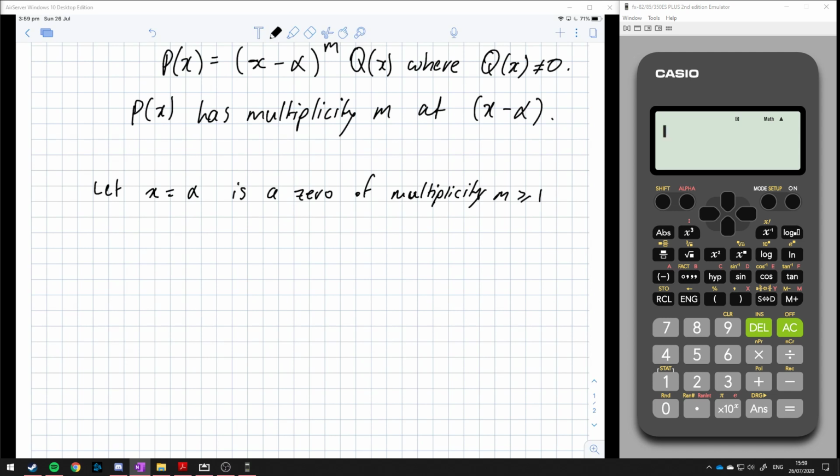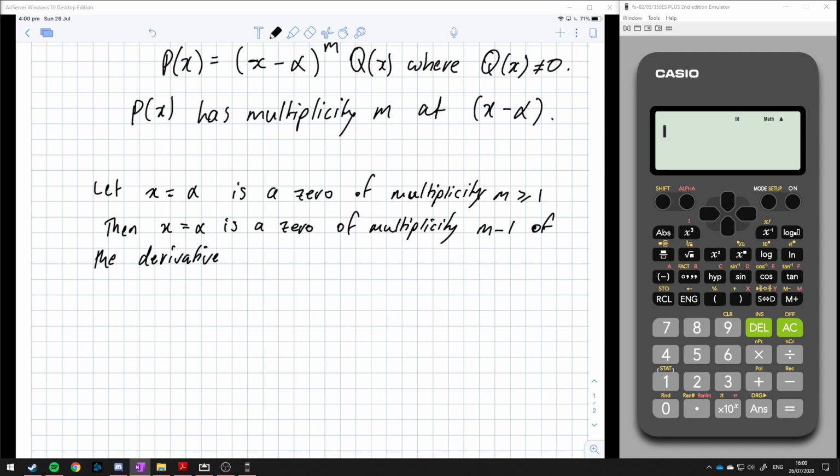Basically we're saying it has a multiplicity that's bigger than 1, like two zeros that share the same value, or 4 zeros or something like that. Then we can say that x equals alpha is a zero of multiplicity m minus 1 of the derivative